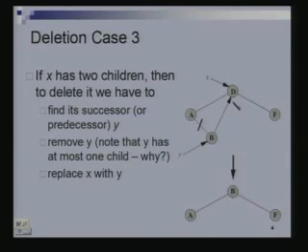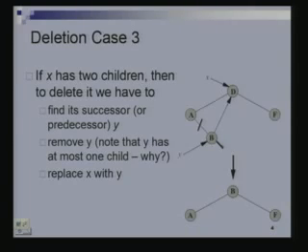Okay. So, since it has two children, let us do the following. It has a left subtree, it has a right subtree. We will find the predecessor of d. How do you find the predecessor of d? We have seen how to do successor, but we also said you can equally find the predecessor. Well, the predecessor of d would be the largest element in the left subtree. So, we just have to come left and keep going right. Since b does not have a right child, b is essentially the predecessor of d in this example,